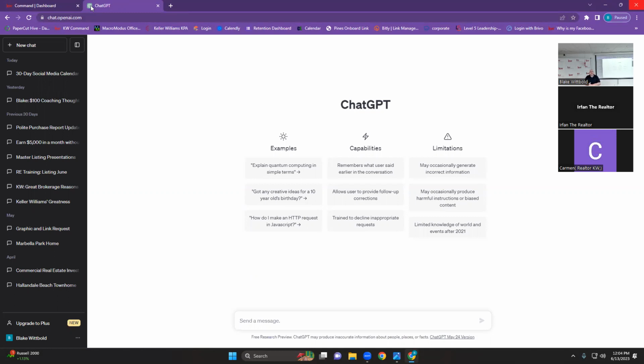Once I get in here and you've verified your address and everything like that, you'll see a screen like this. It will be blank on the left-hand side unless you've had previous conversations. And then you'll have this menu here. At the very bottom, it has a message box that says send a message. This is where we're gonna start a conversation. And you always wanna be polite. Don't know why, but if you're polite and nice to it, it gives you better results. So I'm going to say, please